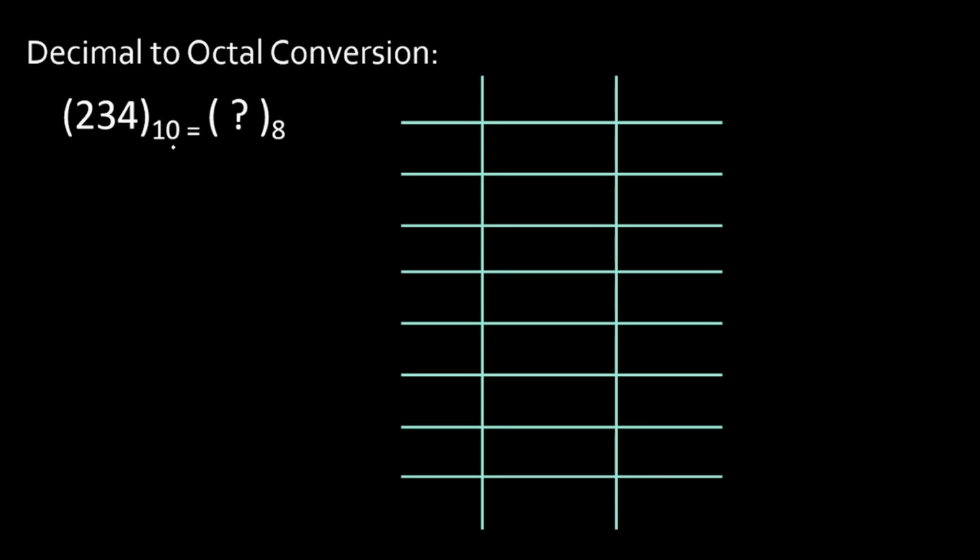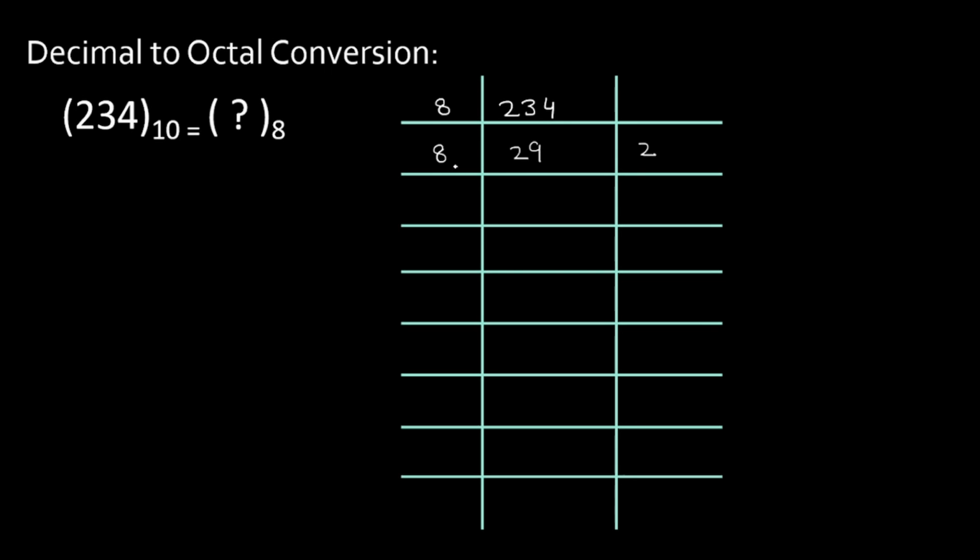We have to subscript the base: 10 is given over here, and for an octal number, 8 you have to write. Now the number is 234, so this 234 will be written over here, and this number will be divided by 8. We will write the quotient over here and the remainder over here. So 8 2s are 16 and the remainder is 7, so it will become 74. So 8 9s are 72 and the remainder is 2.